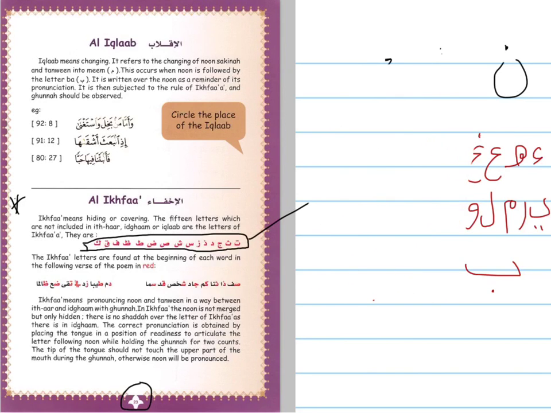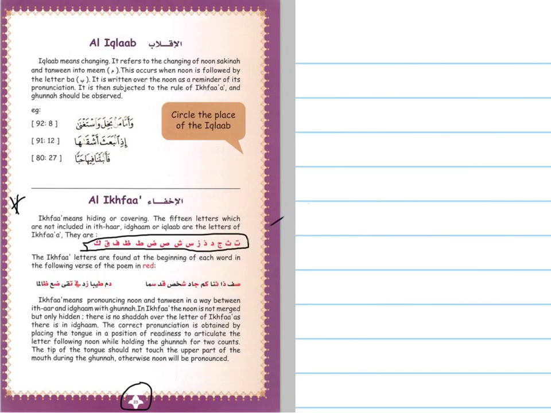The textbook gives you a poem which you may or may not find useful, but I wouldn't recommend learning that because it's quite long. So just remember every other letter that is not found in the rules of Idhar, Idgham, or Iqlab. To quickly recap, Noon Sakinah or Tanween, followed by any one of these letters here,